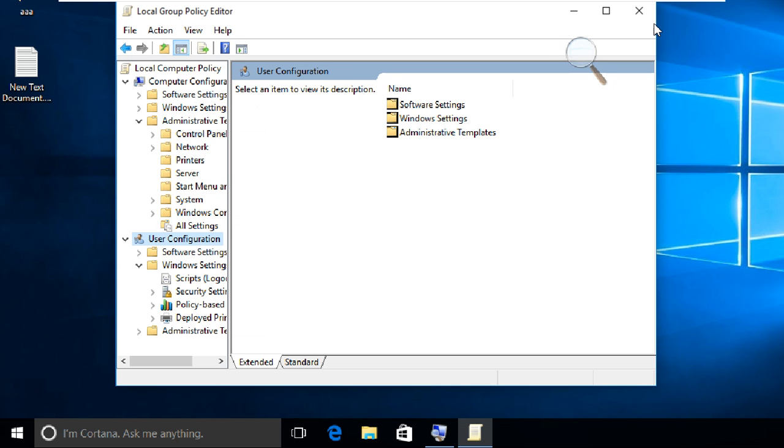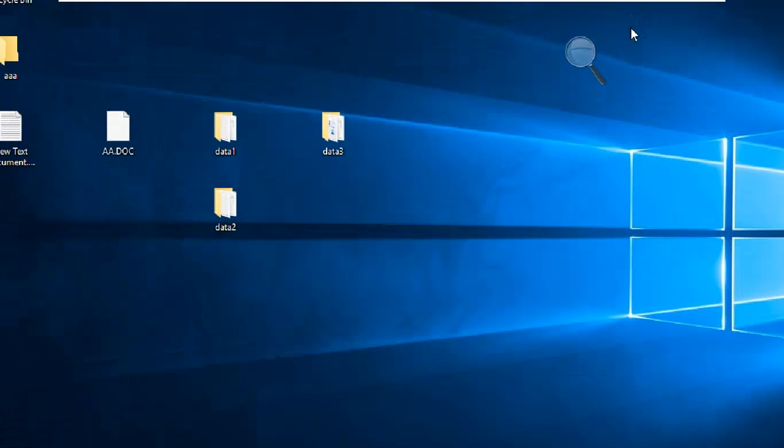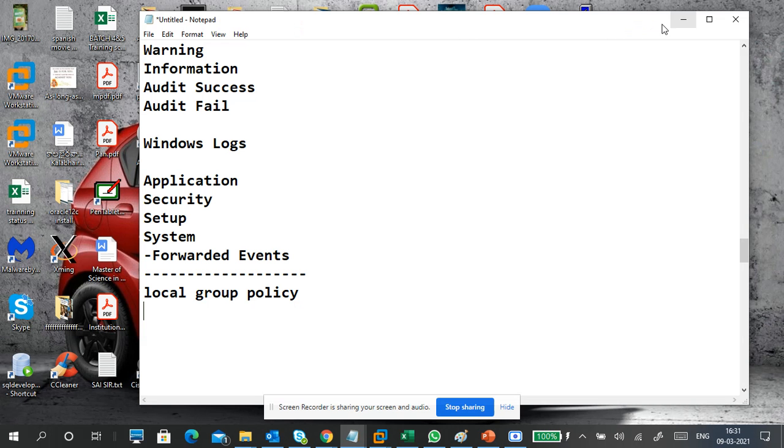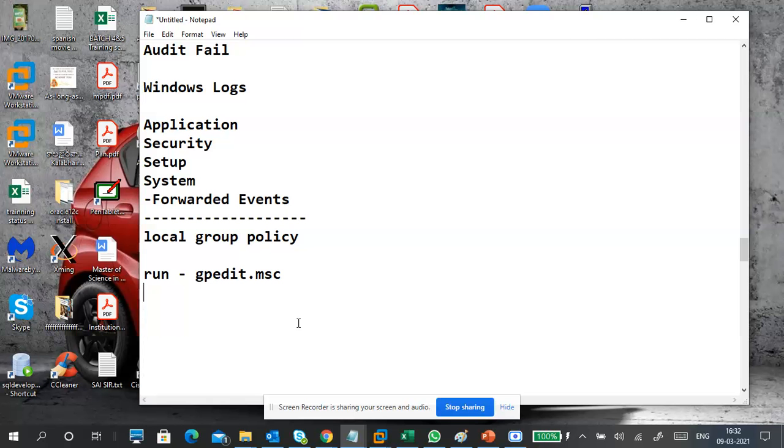This is a local group policy, applied on the local PC only. How to open this one? Run gpedit.msc. If you change anything,